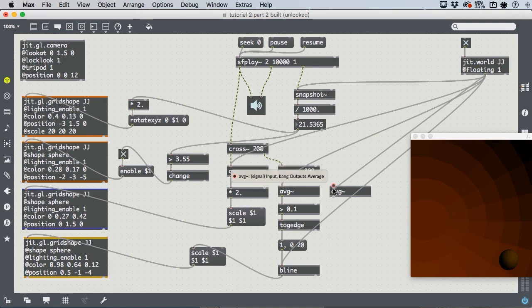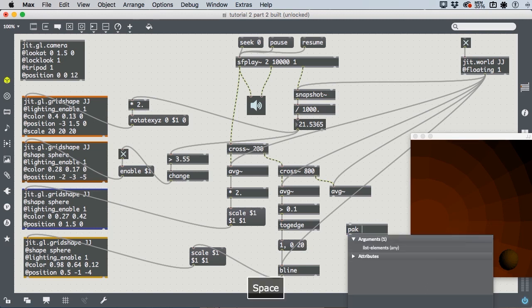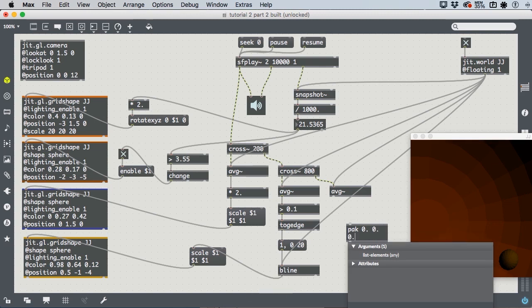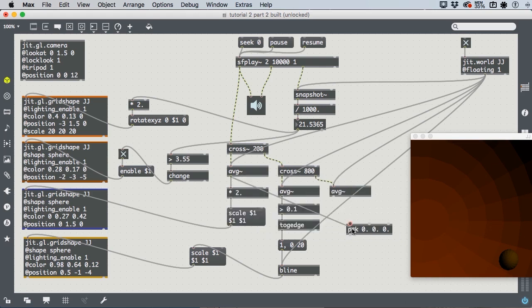Drive it from the middle outlet of the jit.world. So this is all the frequencies over 800 hertz in this one, all the frequencies between 2 and 800 hertz in this one, and all the frequencies under 200 hertz in this one. And let's just simply combine those to control the color of one of our objects. So this is going to introduce a new object called pack. And pack takes an argument for each value we want to combine. So we're combining 3 floating point values. So we're doing pack 0 0 0. And we'll take all 3 of our average amplitude outlets